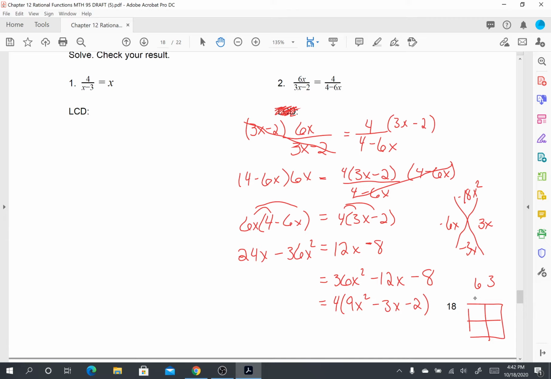I would have x, negative 6x, 3x, negative 8, negative 2, 9. And then we have 3x here, making this 3x and 1, and that'd make this a negative 2. Okay,